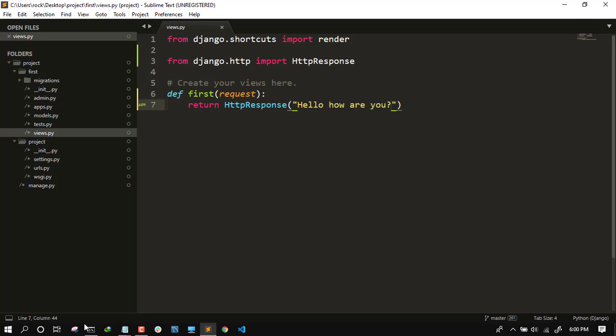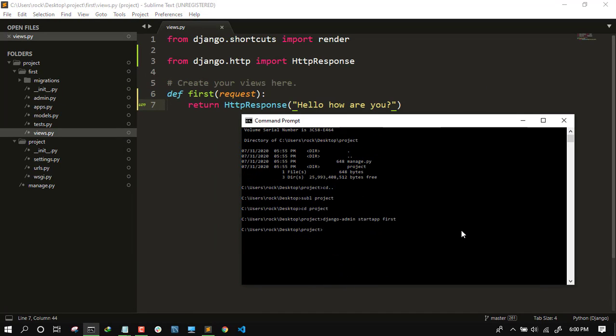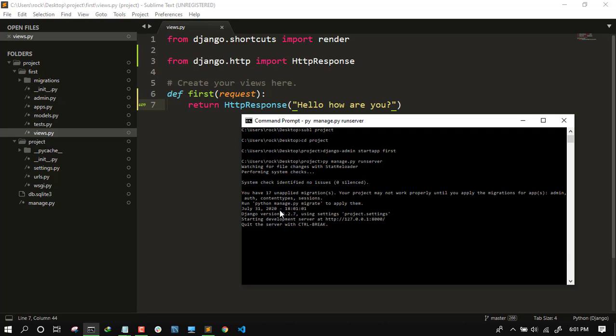So when I run my project, let's see: py manage.py runserver. It is not showing any kind of error. When you run this project, the SQLite database is automatically created.